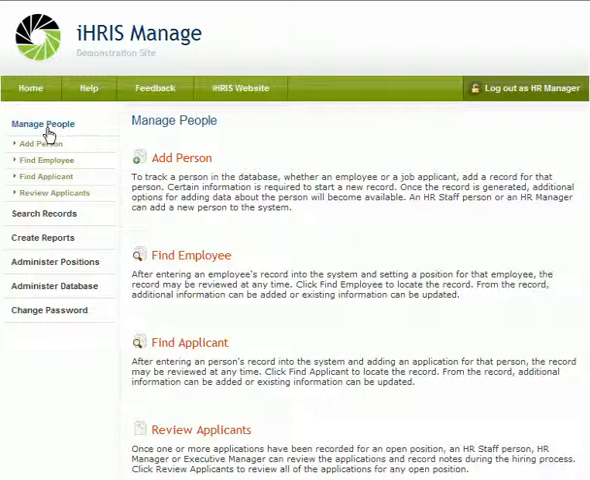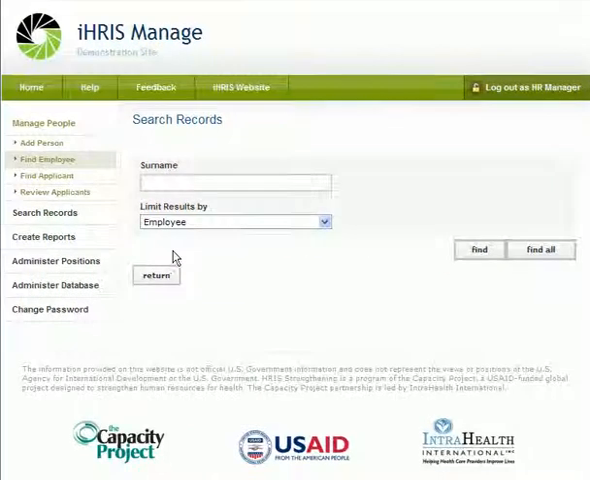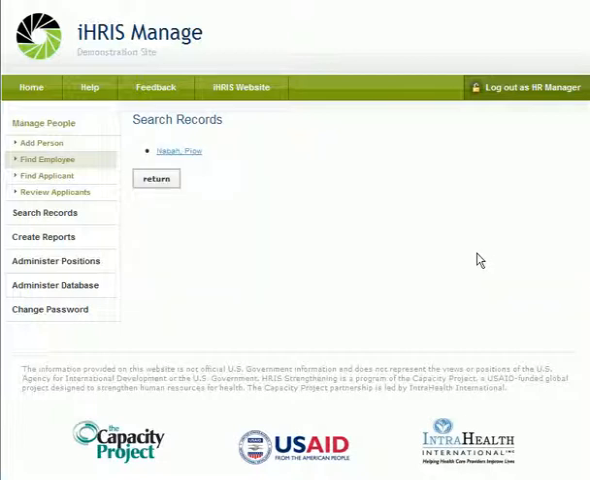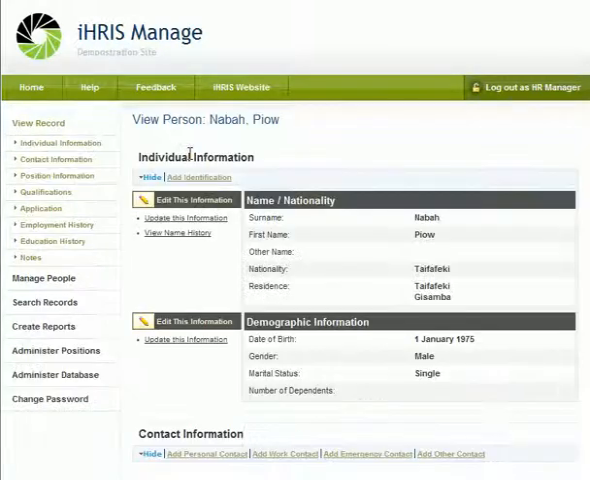Then additional information about that employee can be added to his or her record, and actions can be performed on the employee. So let's look up an employee. We can enter in part of the last name. And here's the employee I wanted to find. And here, additional information about the employee can be added to his or her record, and actions can be performed